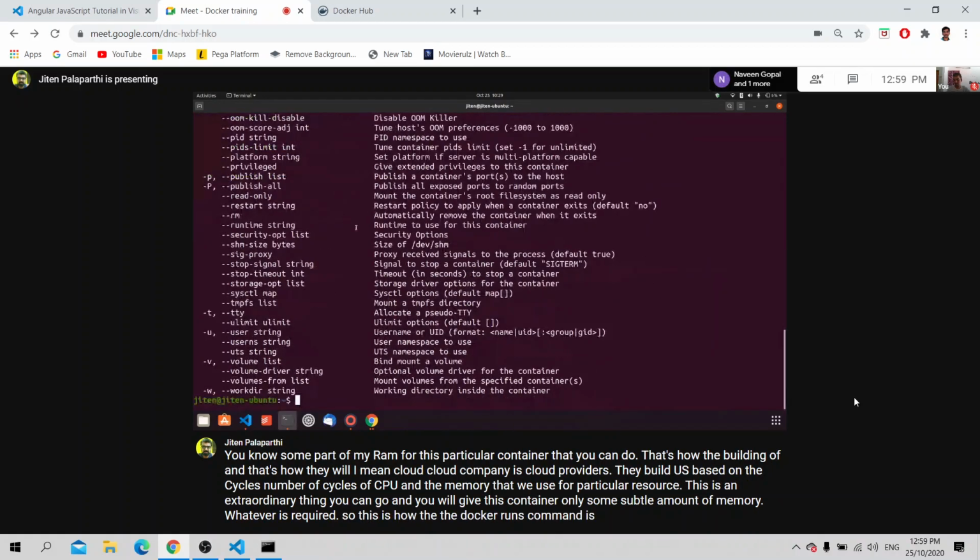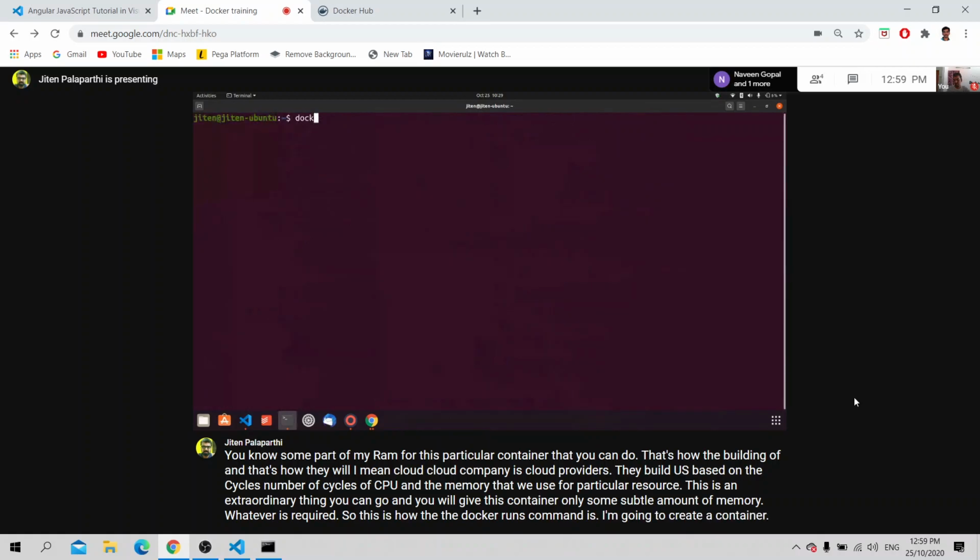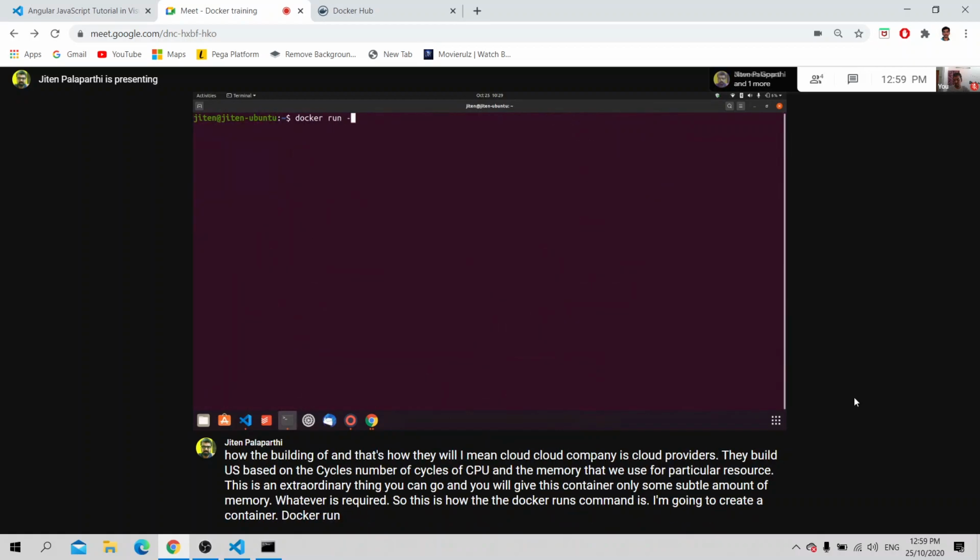I'm going to create a container. Docker run. I said I is one of the options. It is interactive. That means I'm going to interact with the container.